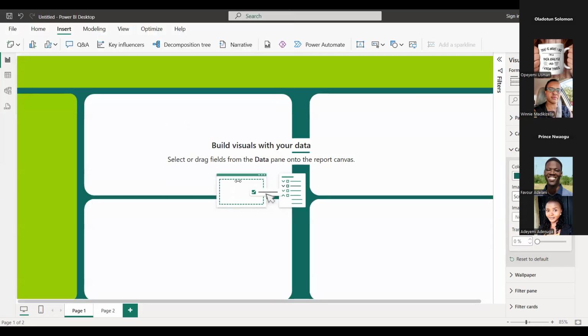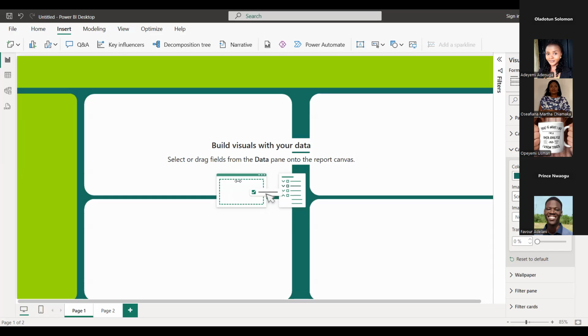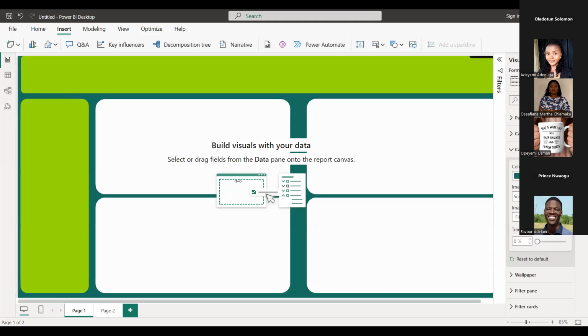Now, if I want to adjust it, you can see that I didn't bring it in the way I want. If I want to adjust it, what would I do? What will I change here, Opeyemi? Or does anybody want to tell us so we can call it a night? Change the image fit. Am I going to fill or fit? Which of them? Fill.